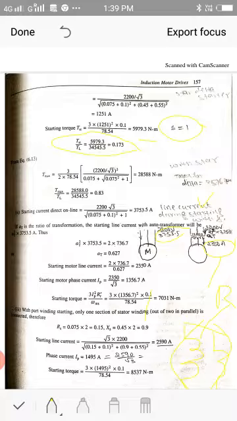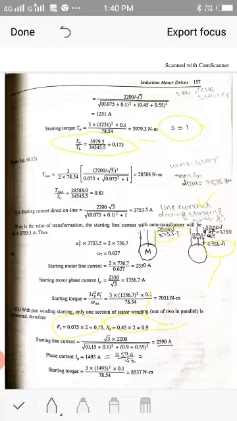Okay, so here, since only one winding is being connected during starting, RS will be equal to 0.075 divided by 2, that is equal to 0.15, because if they are connected in parallel, the net resistance is going to reduce. Okay, so only one resistor, one winding, is considered now, because of that RS will be equal to 0.15. Similarly, XS will be equal to 0.9. Now I am going to calculate the starting current with these values. Okay, so it is root 3.